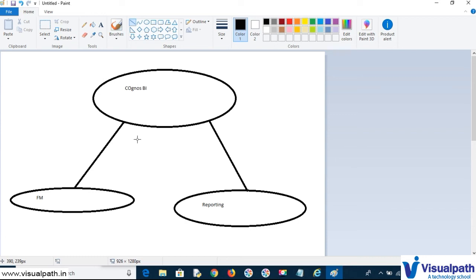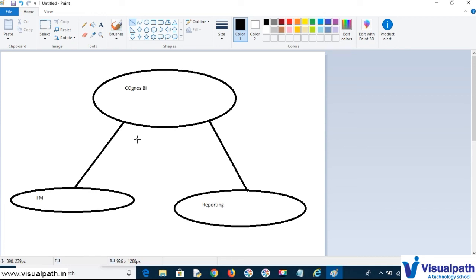model. Then we need to publish this model to the content store, which is a central repository, which we have already explained in this video. We need to make it available to the whole system. Since Framework Manager is a window based tool, whatever model we develop in it will stay in that particular system or server only.